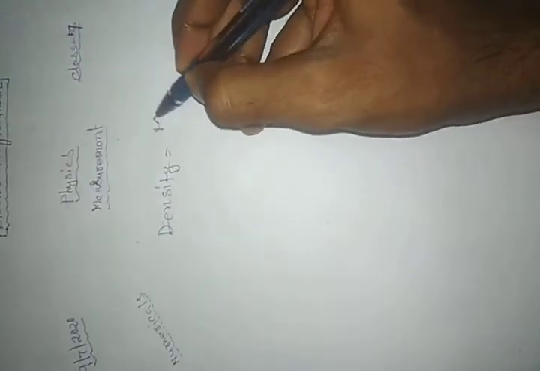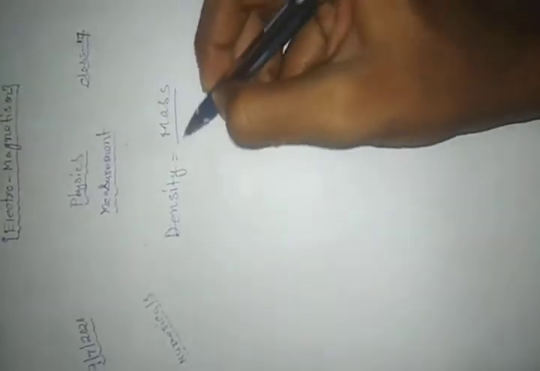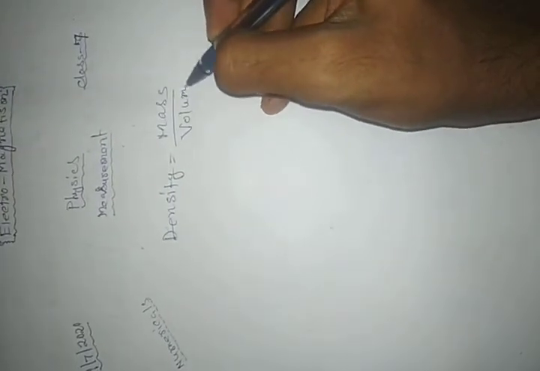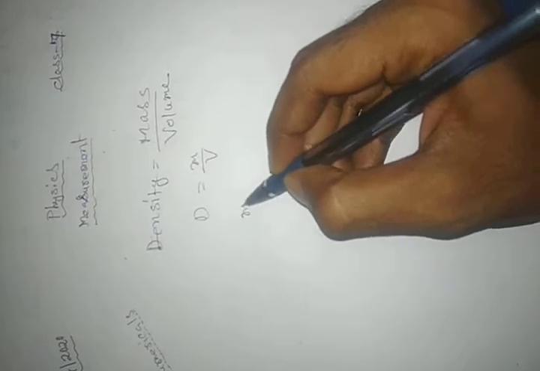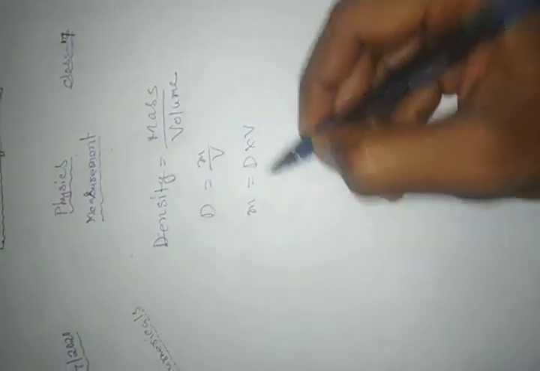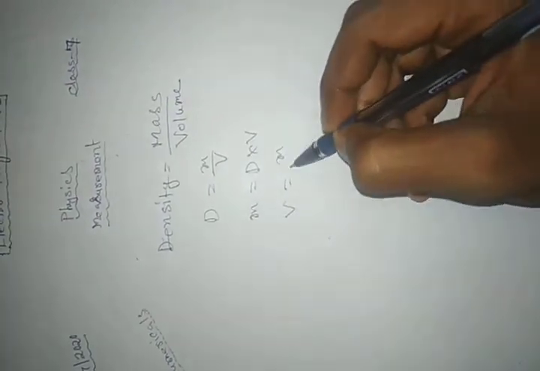Density equals mass by volume, or that can be written as d equals m by v. From that formula we can make m equals density into volume, or volume equals mass by density, like this. There are other formulas like